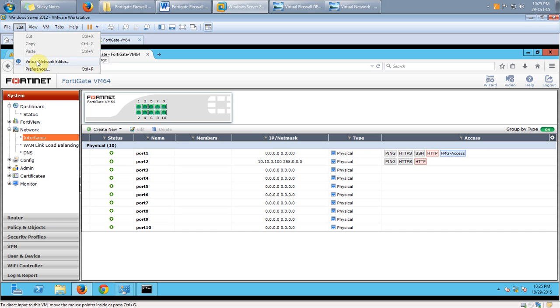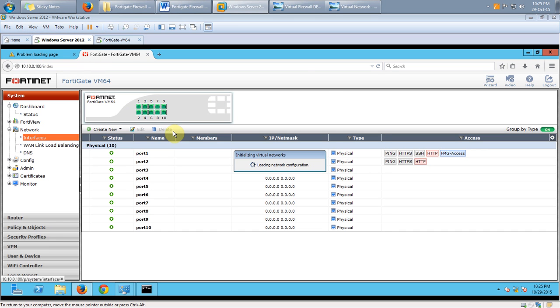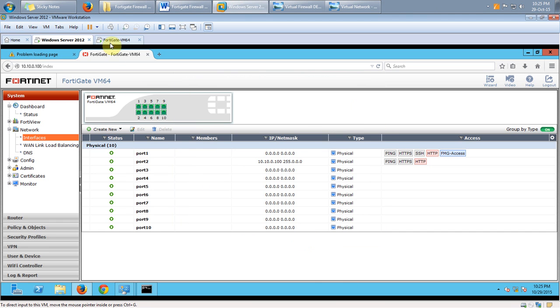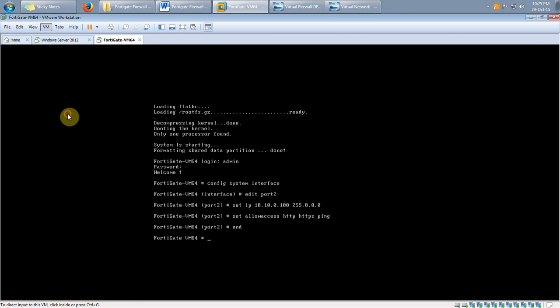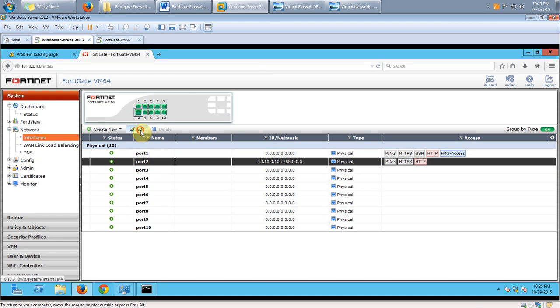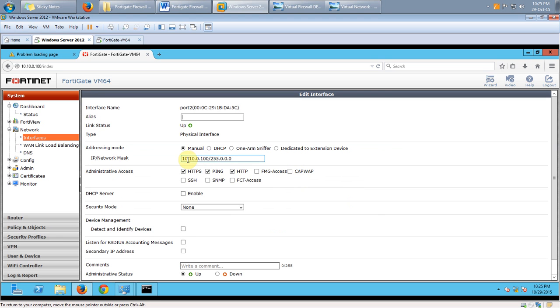As told earlier, my VMware network editor has been connected to VMnet 0 with auto bridging. So by default my Fortigate Firewall has been configured to VMnet 0 for port 1. For port 2 it has been configured as bridged adapter. So in the console, if I click port 2 and select edit, there you can see it has been configured as 10.10.0.10, which is actually the first IP address which will be acting as the LAN IP address for my